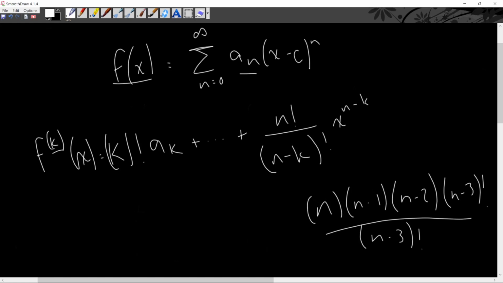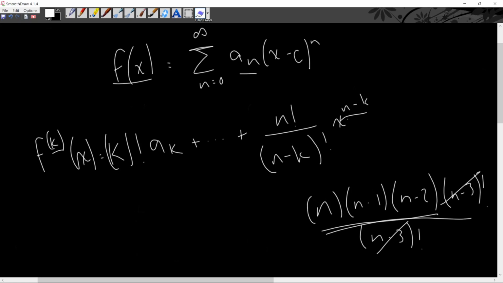We did the third derivative, so k is equal to 3 for this, and n factorial is equal to n times n minus 1 times n minus 2 times n minus 3 factorial. So it's equal to every term that comes after it times the next term's factorial. This is still a valid operation, and then we raised x to the n minus 3, right? The degree of our third derivative was still n minus 3. So yeah, we had that n times n minus 1 times n minus 2. And so this holds up for what we knew about the third derivative, so we should be able to apply